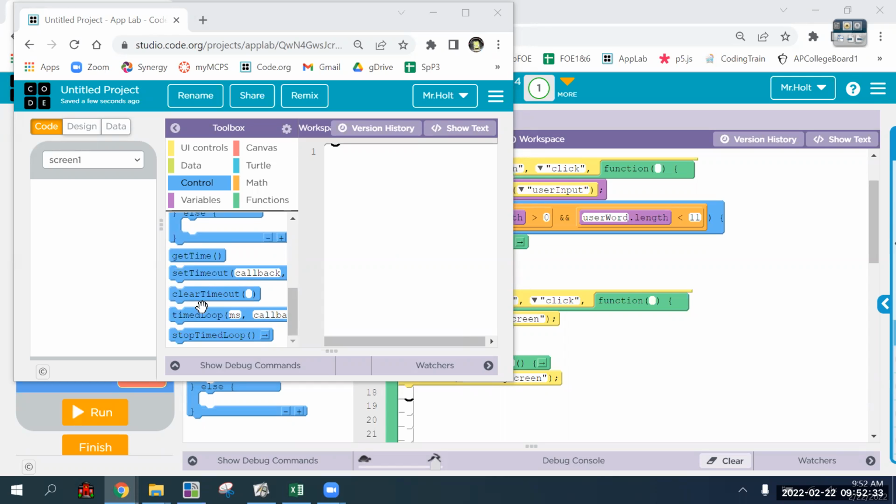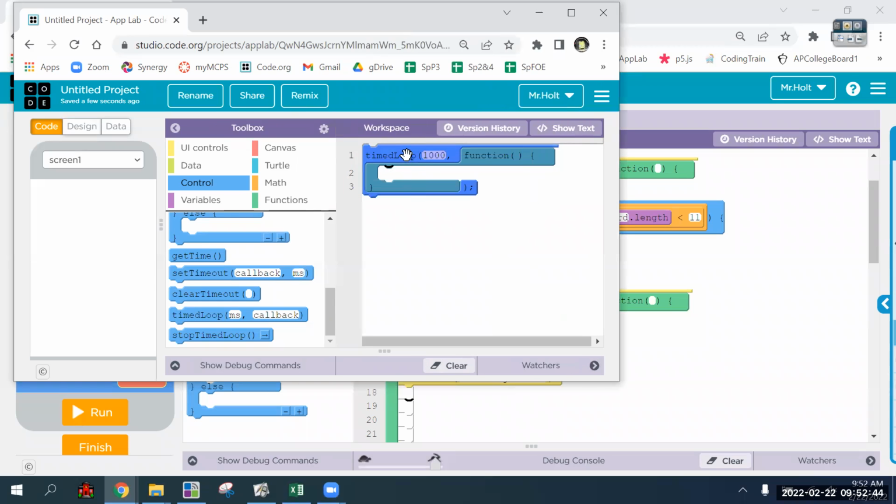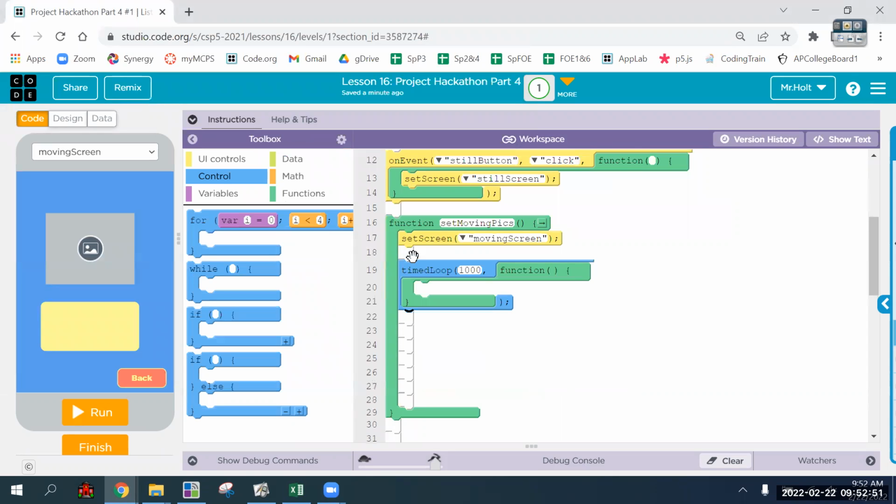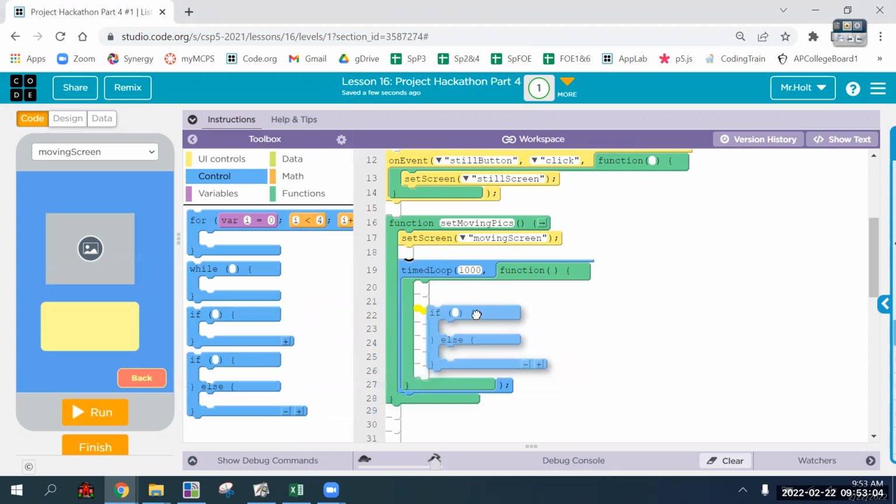Let's see. Okay, so time loop. Nope, it doesn't let me drag it. Okay, so time loop looks like this, and it's just a function that happens every however many milliseconds. And so 1,000 means over the course of 1 second. And what we are going to do is every second we're going to check